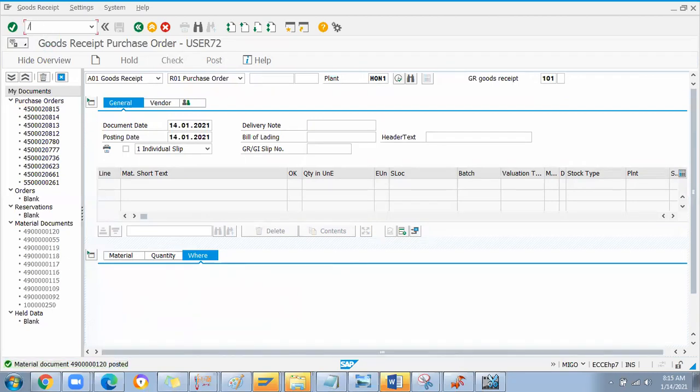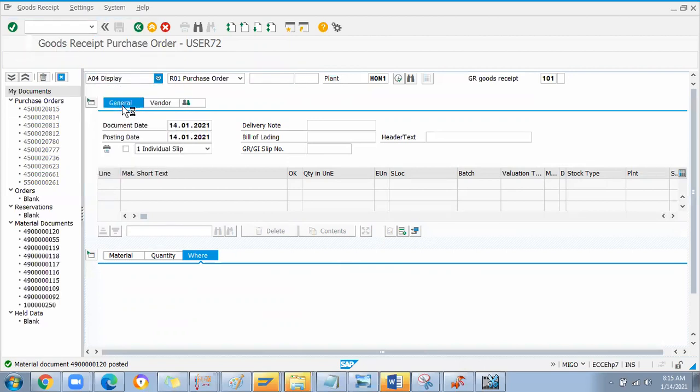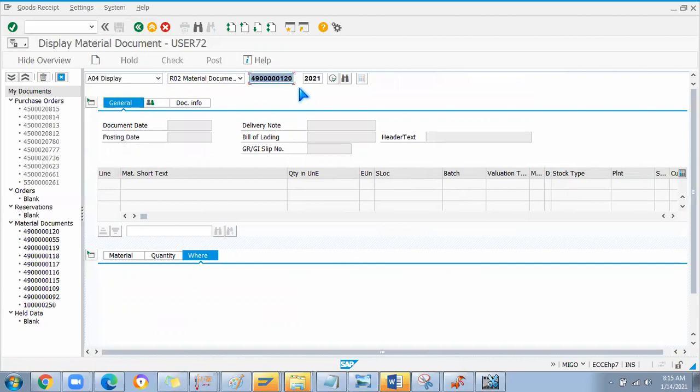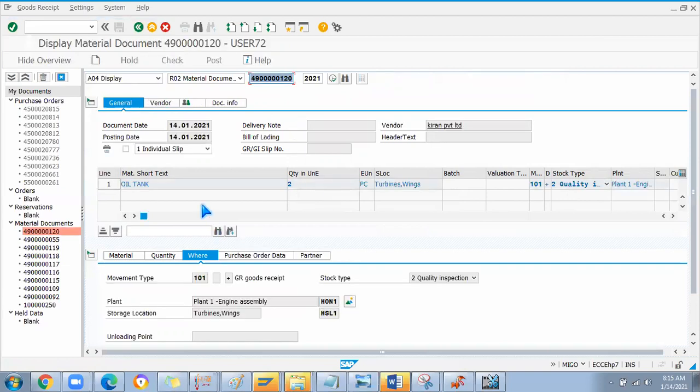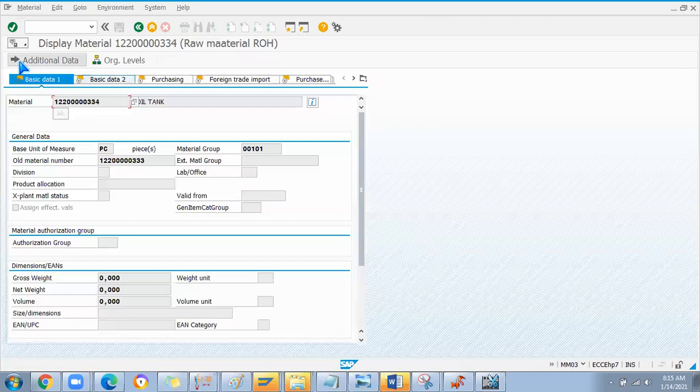Now I will first open the material number, display, material document. 2 numbers we received for this material. Two things I will do now.